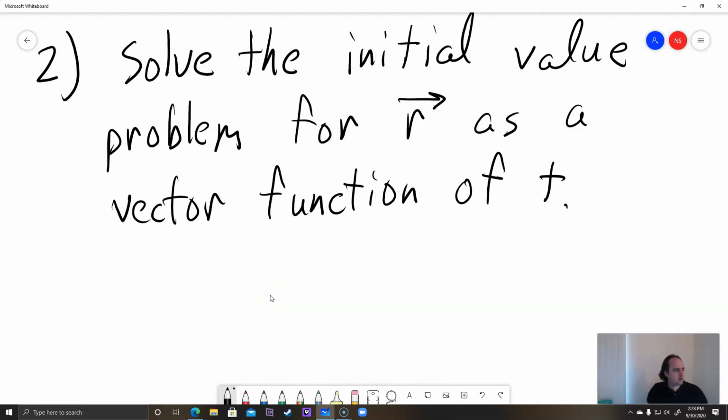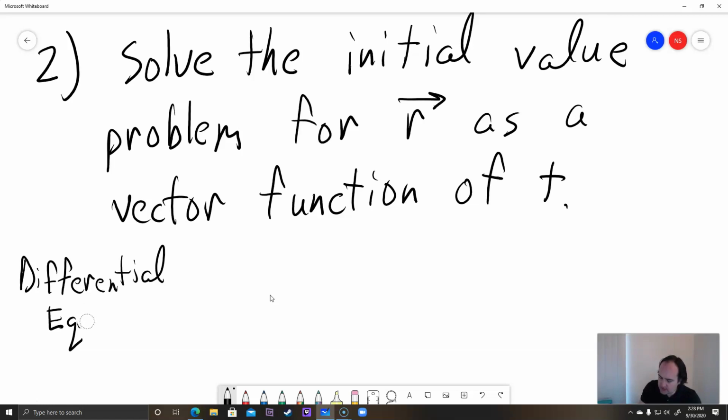All right. So for this problem, we have the vector function given by a differential equation. Okay, so differential equation just means that it's an equation that's in terms of derivatives. And this time our differential equation is actually a vector function. Here our differential equation is dr dt, so the derivative of our vector function r, equals